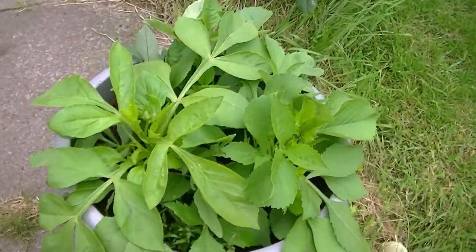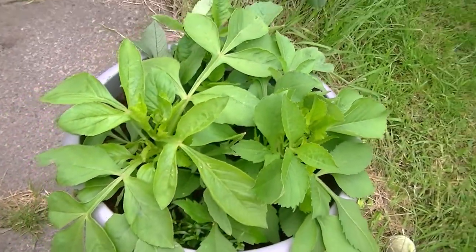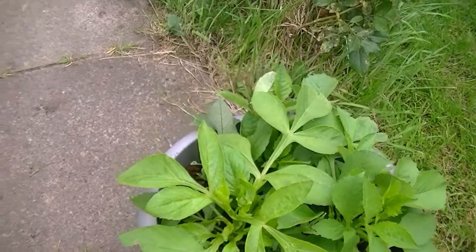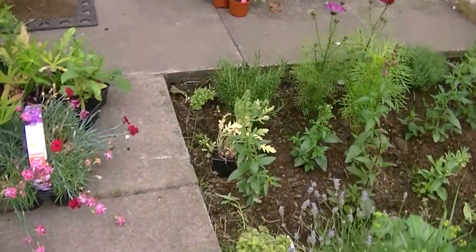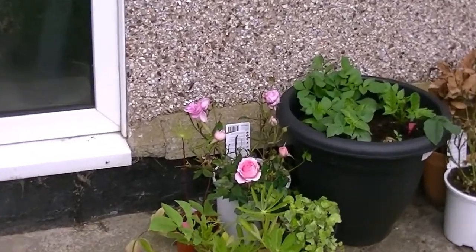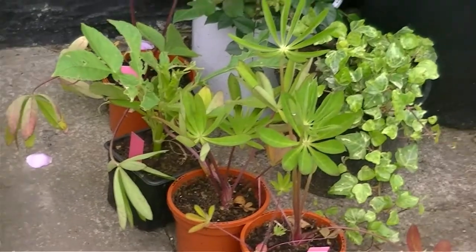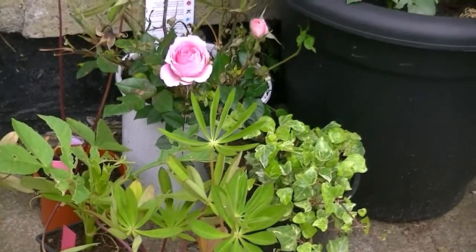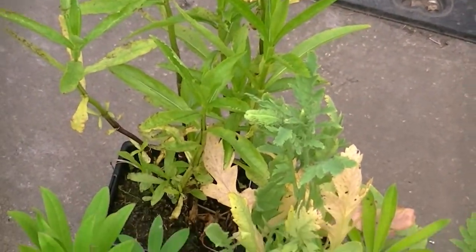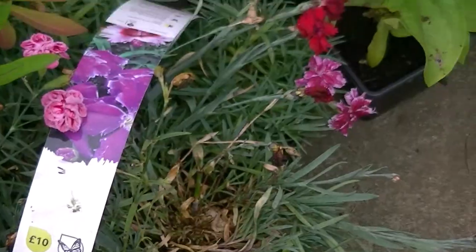This dahlia's got a bud on it as well. I have no idea what makes these dahlias are. They were in a mixed bag of tubers. There's a patio rose there that I need to find a space for. And lupins that I grew from seed. And a whole host of plants that I grew from seed and some that I bought in the bargain bucket